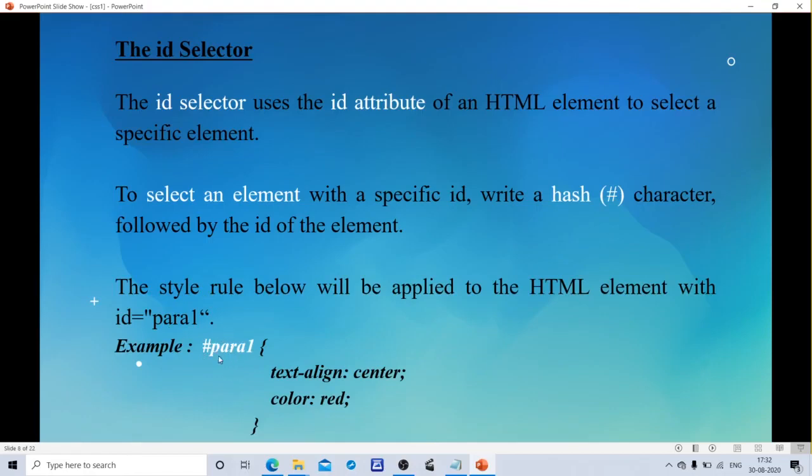How do I identify the ID selector? With a hash character. This is our ID attribute, #para1. This is our selector. This type of selector is called an ID selector, with the declaration statements text-align equals center and color equals red. The style rule below will be applied to the HTML element with ID equals para1.